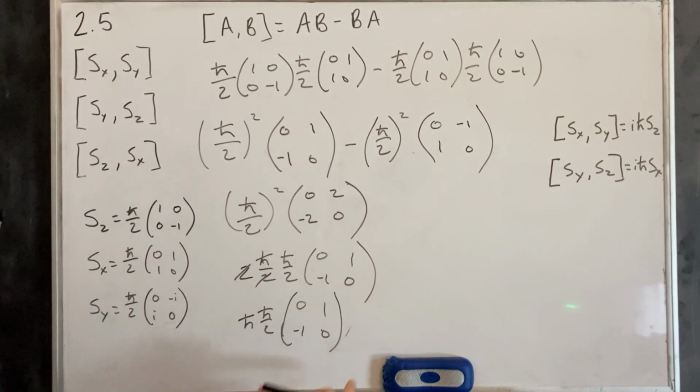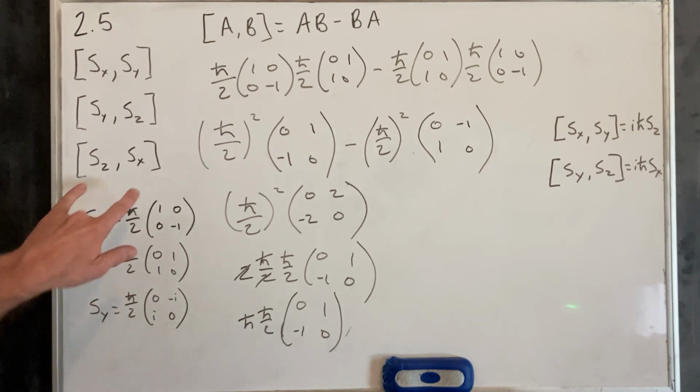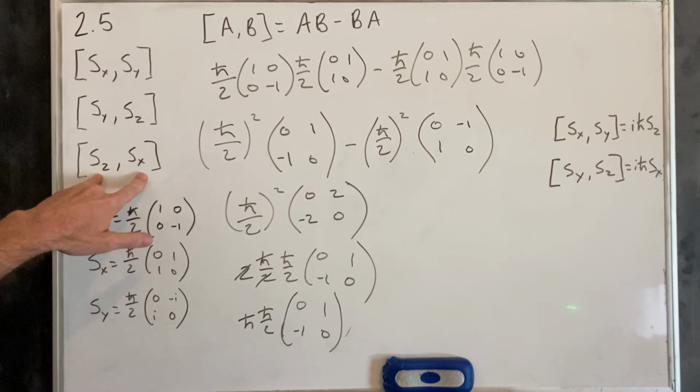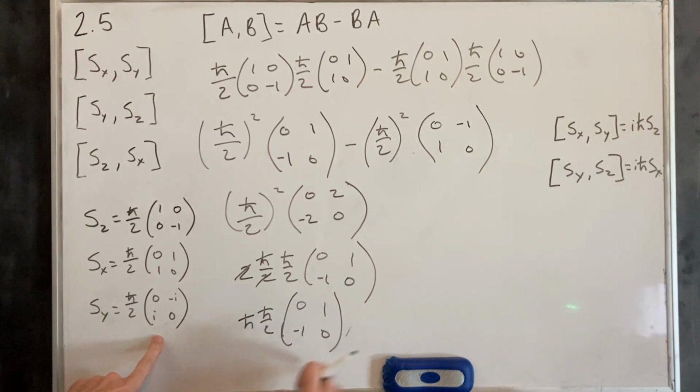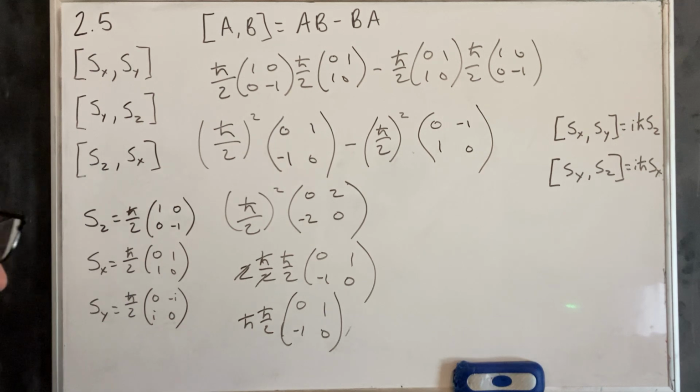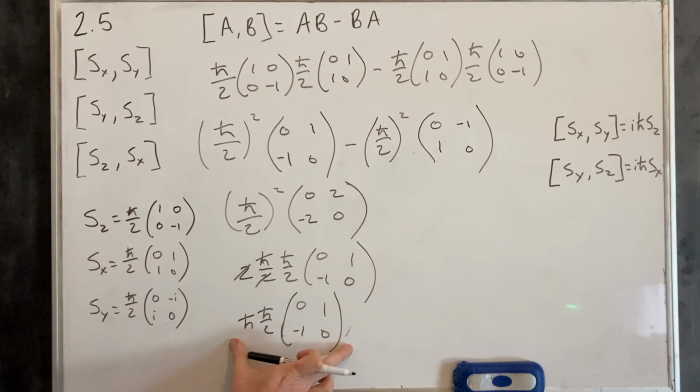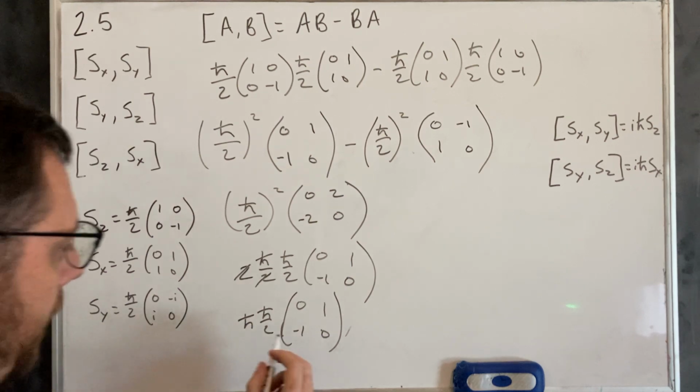Okay, so we're looking for this here, and I don't see a match. So this is Sx, Sz and Sx. So we were expecting to get Sy. That doesn't look like that, though. But one thing that you can do is you can actually pull out an i. Now, how do you know to do that? I mean, only because you're looking for Sy and you're trying to get there. Now, this would be the valid commutator, but you could also pull out an i because